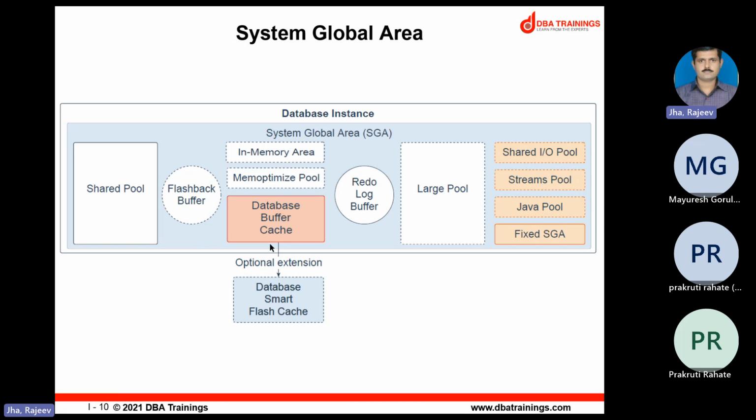So in the example, you can see on my slide, we have the SGA, the System Global Area. This is the memory area which contains your data and control information for a single database. It is also used by server and background processes within the SGA. So whenever you start a database instance